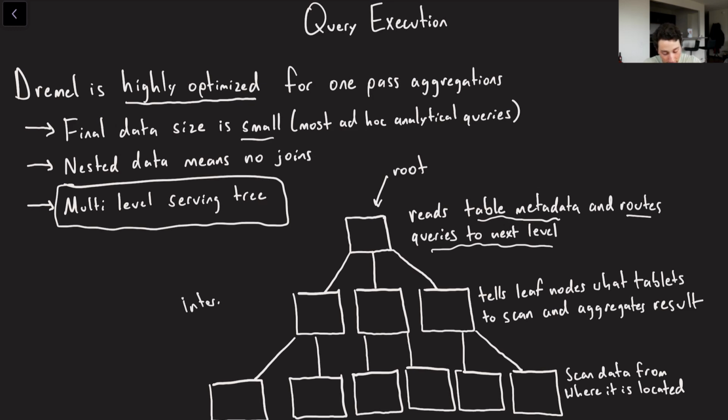So I'm going to assign this intermediate layer to each have themselves a subset of the query. Right, so we basically are now going to go to the intermediate layer, and then the intermediate layer is going to tell this leaf node layer which particular tablets that they're individually going to read. They're going to read those tablets, they're going to do some sort of aggregation locally, and then they're going to push that back up over here, aggregate in the intermediate node, and then they're going to push that back up again, and finally aggregate in the root node.